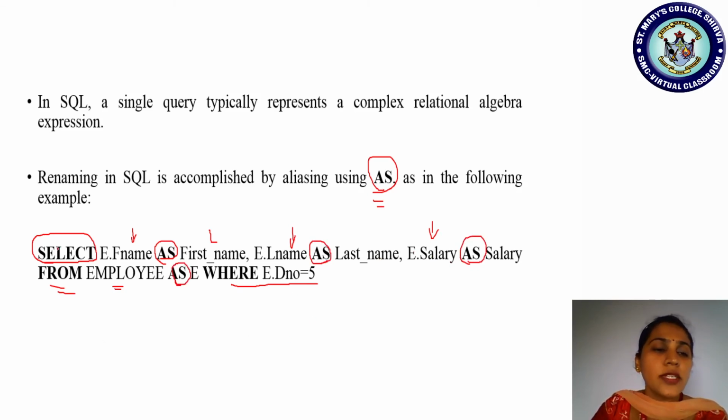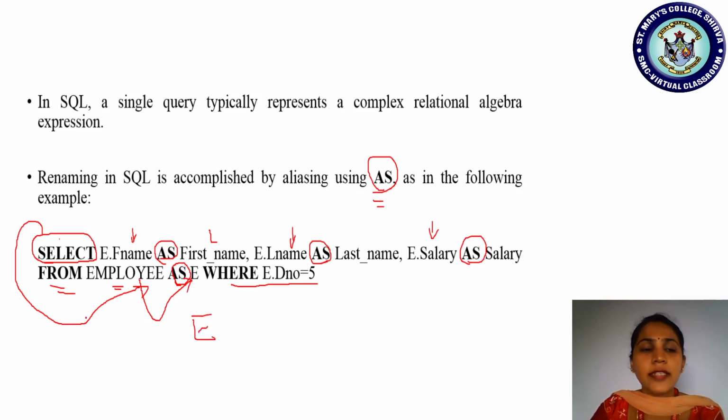So now just check your students. SELECT. Let us first check how the table name is changed. SELECT from employee as E. AS E means employee should be renamed with the new name E. Did you all understand? So SELECT from employee AS E. So the relation name got renamed with capital E. So from the employee, which records have to be selected? What is the condition? The condition is given with the keyword WHERE department number equal to 5.